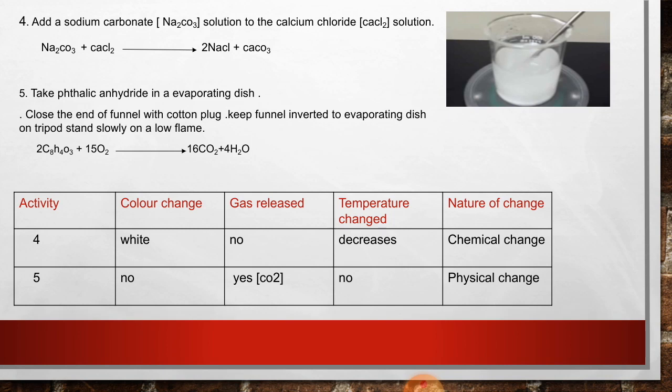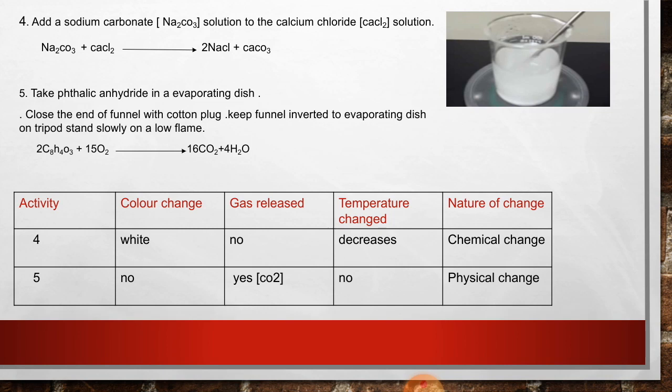The fourth is to add sodium carbonate (Na2CO3) solution into calcium chloride (CaCl2) solution. When we add Na2CO3 into CaCl2, we get 2NaCl plus calcium carbonate. Both are white in color, so the color changes to white, no gas is released, the temperature decreases, and the nature of change is a chemical change. The fifth one is to take phthalic anhydride in an evaporating dish, close the end of a funnel with a cotton plug,